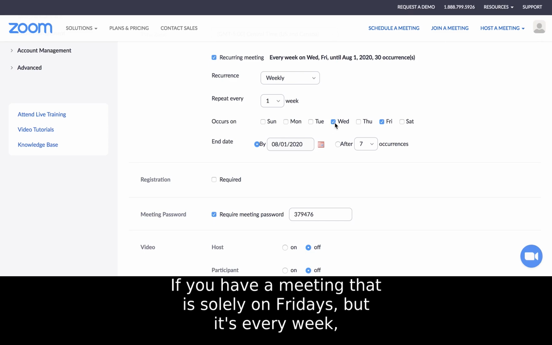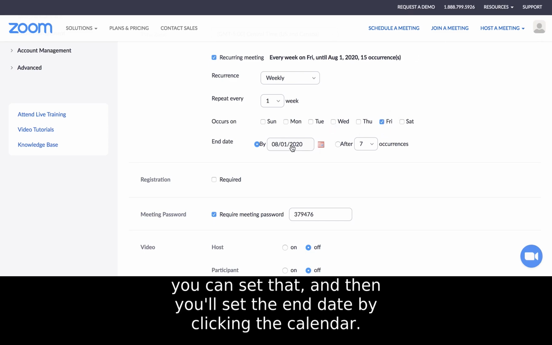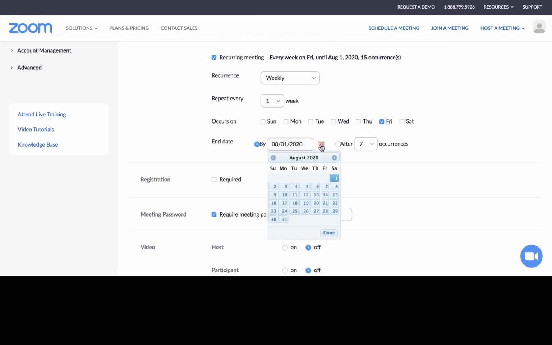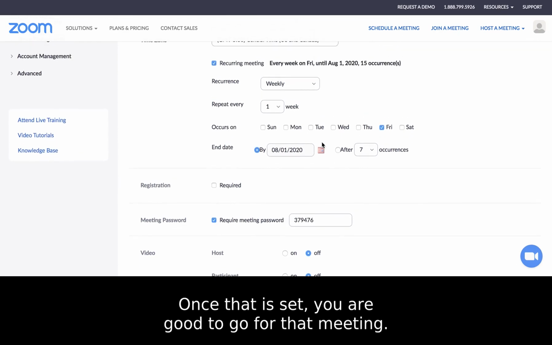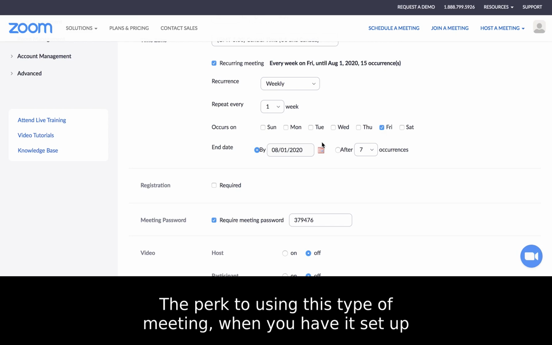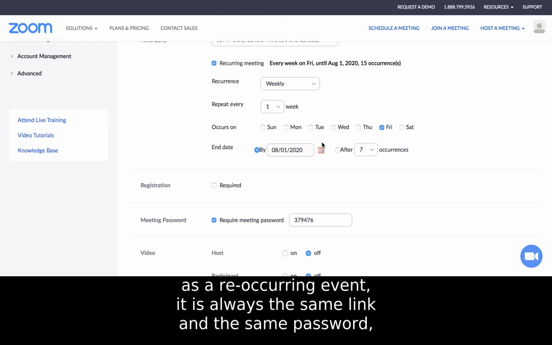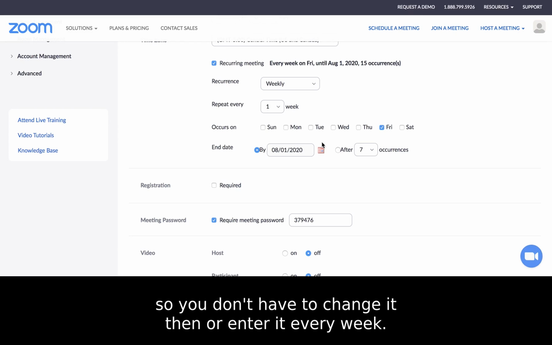If you have a meeting that is solely on Fridays, but it's every week, you can set that, and then you'll set the end date by clicking the calendar. Once that is set, you are good to go for that meeting. The perk to using this type of meeting, when you have it set up as a recurring event, is that it is always the same link and the same password,